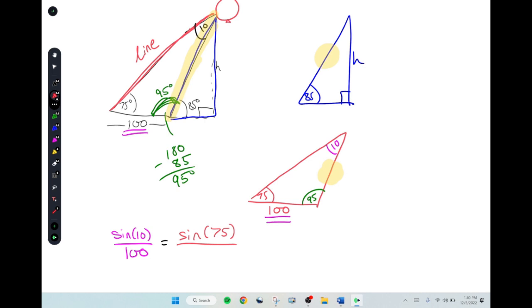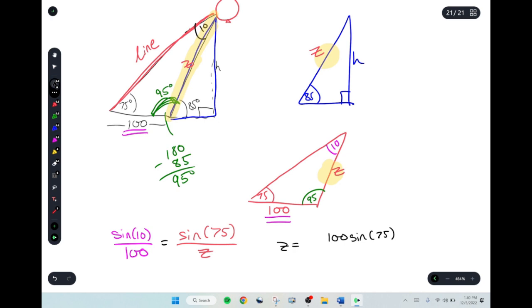Let's call it Z. Z's fun. Z never gets used. There's Z on all those problems. So technically, be careful here, Z equals 100 sine 75 divided by sine 10,